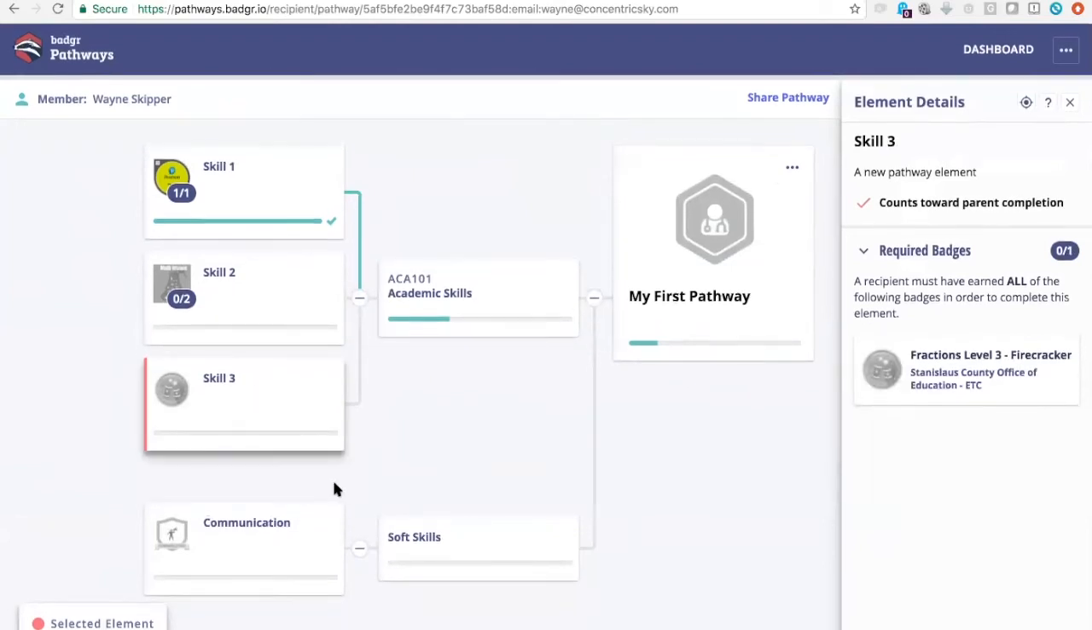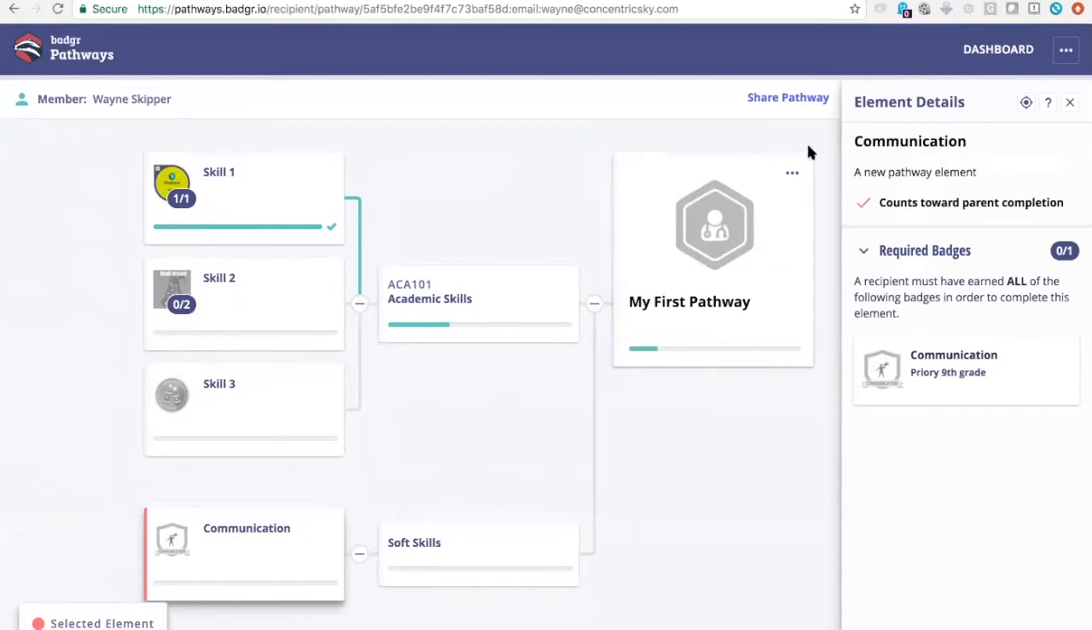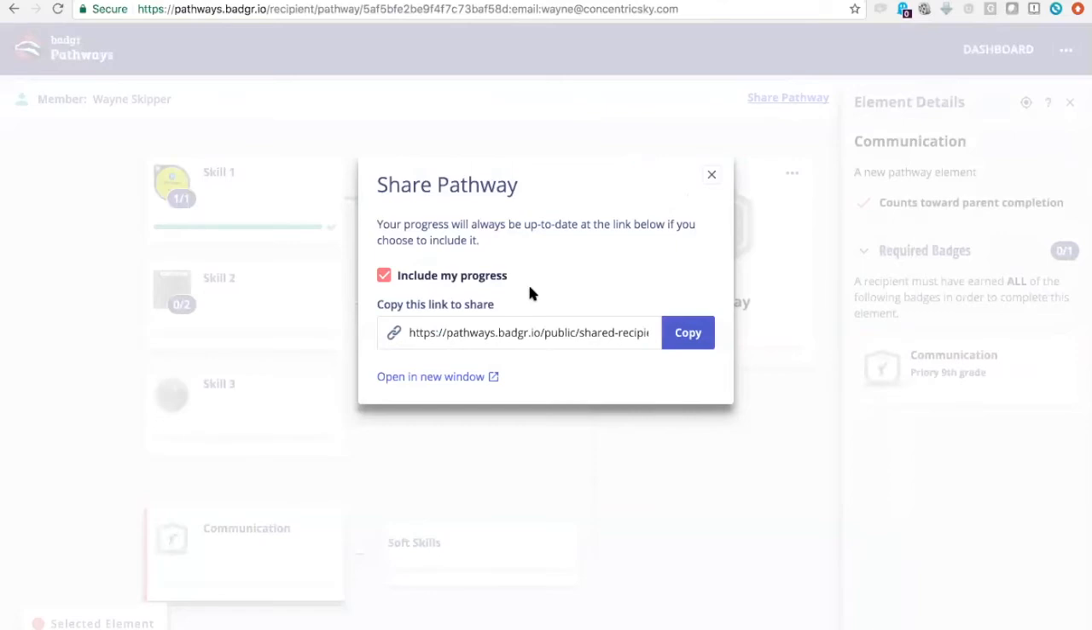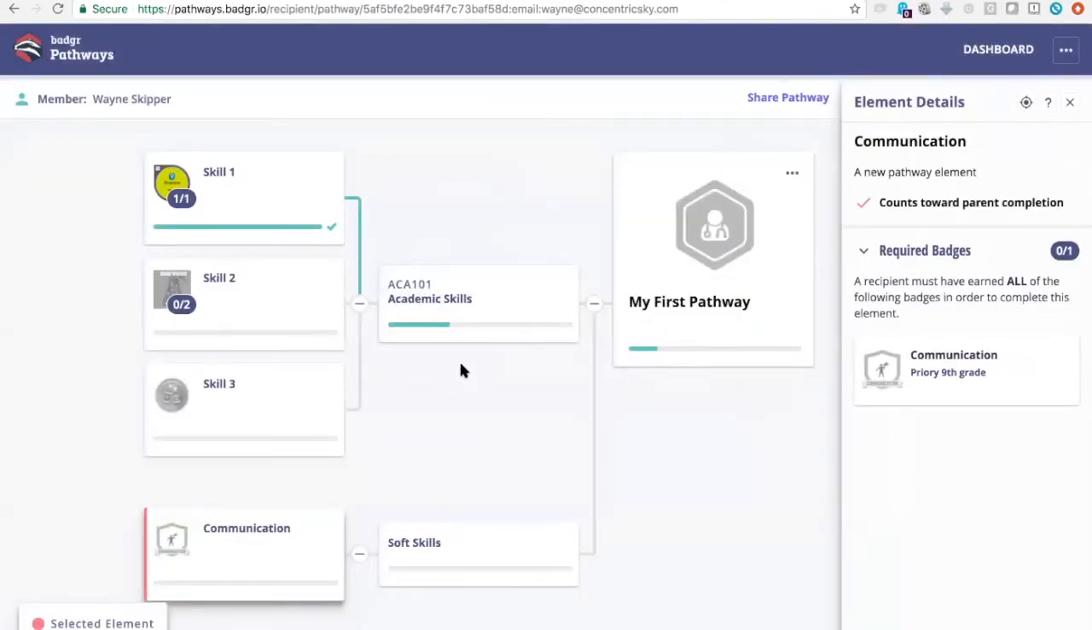So you can see here what it looks like for the learner. The learner has this ability to do something which is unique, and that is to share this pathway, including their progress. So this allows us to do something that is unique to the pathway system. So rather than sharing this individual badge that I have with the prospective employer to say, I have a badge, go figure out what it means,